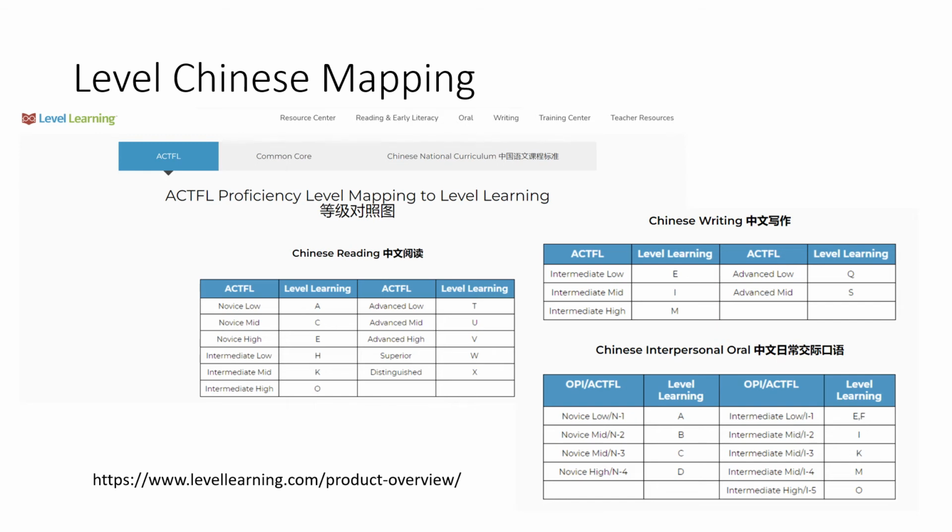Level Chinese used the English language arts standards called Common Core, which is similar to what Texas uses as the TEKS, integrated it with the Chinese national curriculum, and then also aligned it with the ACTFL proficiency levels